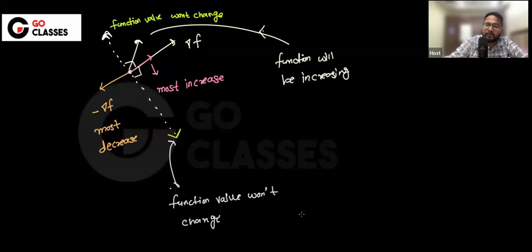But suppose I have the option to increase the function by going in some direction, or to decrease the function by going in some direction, and I'm in a hurry. Should I be going in the direction which is the most efficient, or should I be taking some random direction of increase or maybe of decrease? Okay, tell me. Obviously the most efficient, right? So if I want to decrease the function, and given that I'm at this particular point, what will I do? If I want to decrease the function, and given that I'm at a certain point,